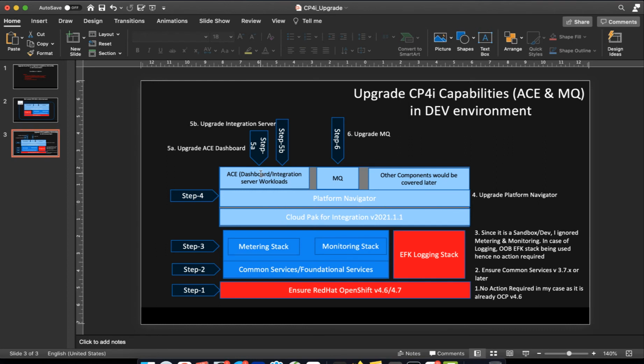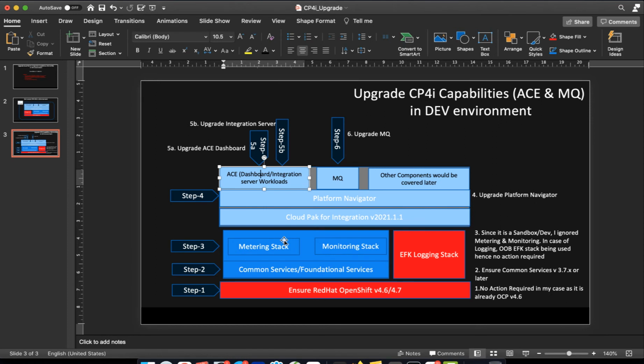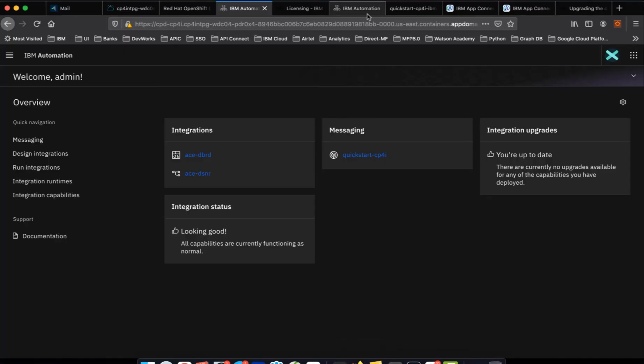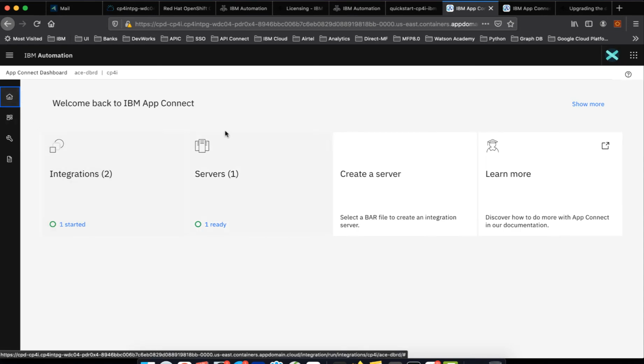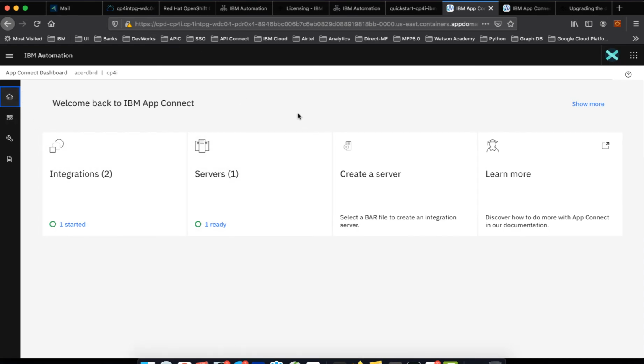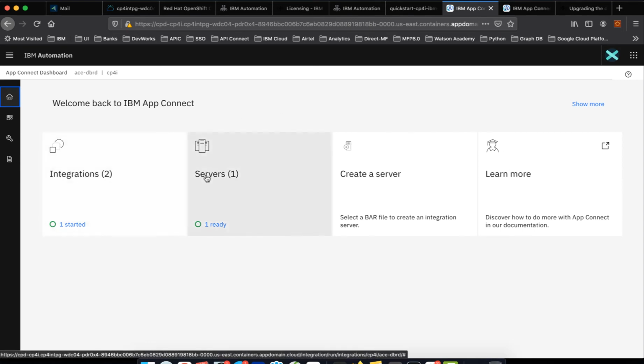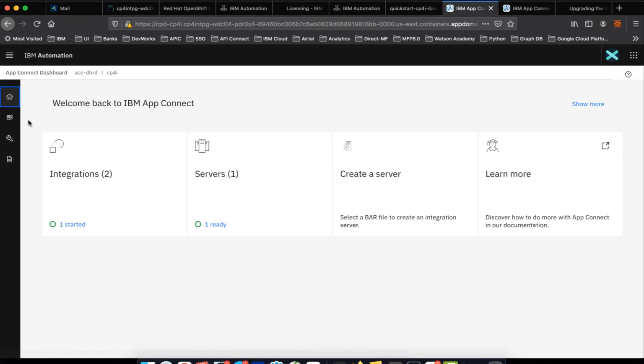Then we need to upgrade the dashboard. Let us see how to do that. So if you look at it, dashboard is nothing but another component, another custom resources under App Connect Enterprise, where it provides a single window view of your integration servers and applications, right?